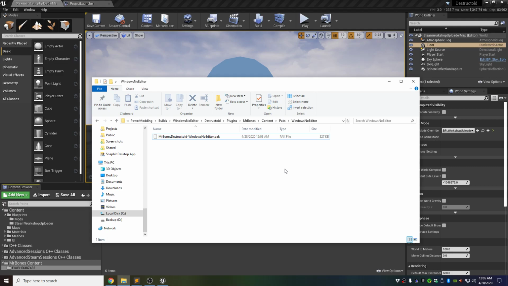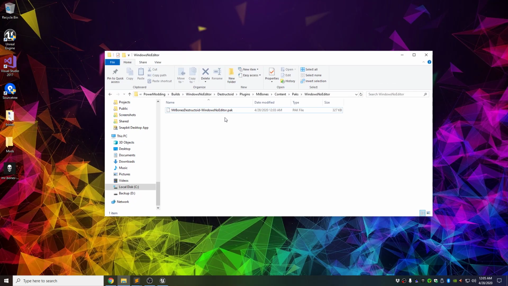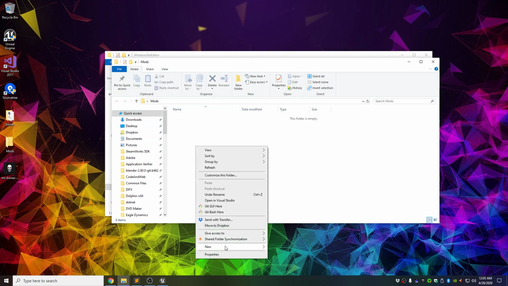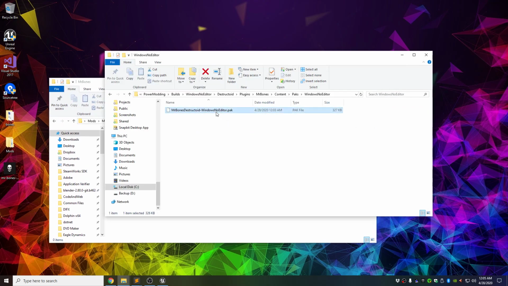So let's see what the next thing is. From this point, you have to take this pack file and combine it with a bin file, this AssetRegistry.bin that gets generated. That got generated when we compiled everything, and I'll show you where that is in a second. I already have this mods folder on my desktop, and I'm going to create a new folder in there, call it MrBones again. The first thing I'm going to do is copy this pack file